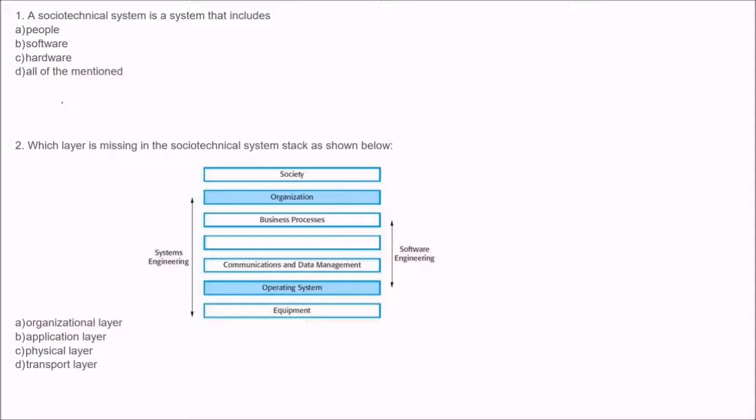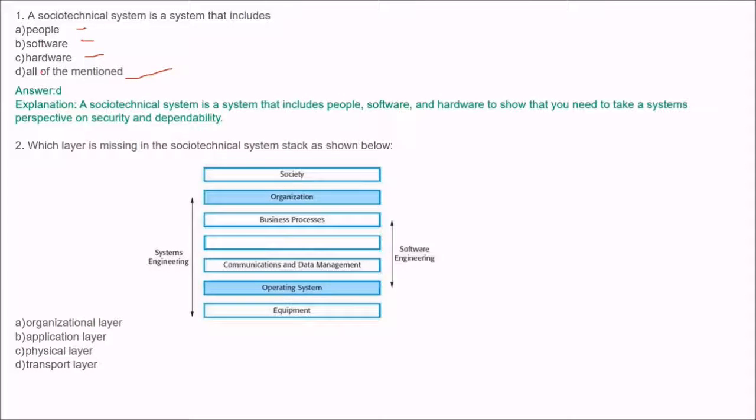The next topic is socio-technical systems. A socio-technical system is a system that includes people, software, and hardware, all of them mentioned. And the answer is D because all are there. Social means people, technical means hardware, software. This is a system that includes people, software, hardware to show that you need to take a system perspective on